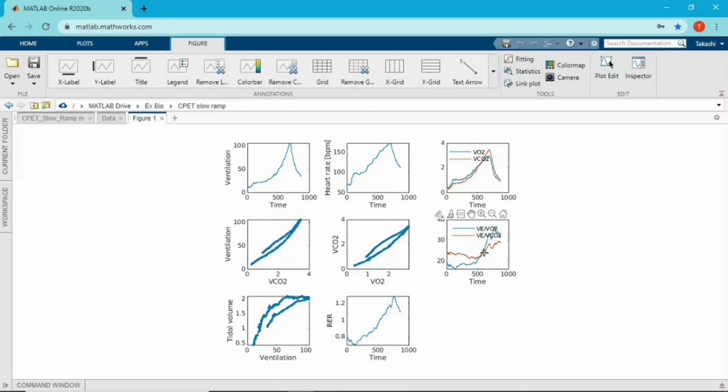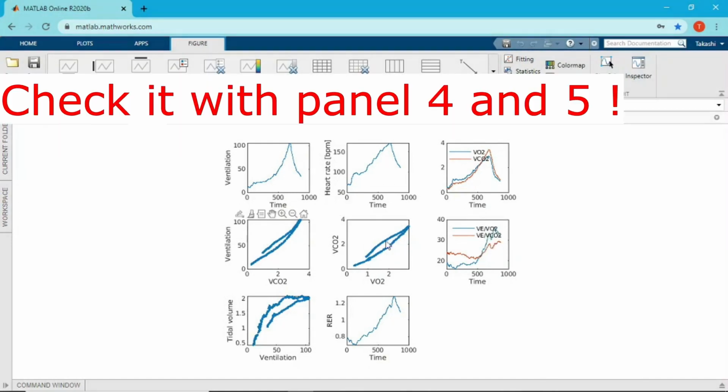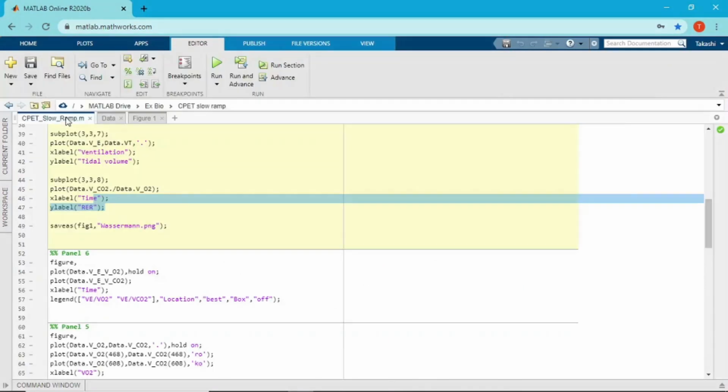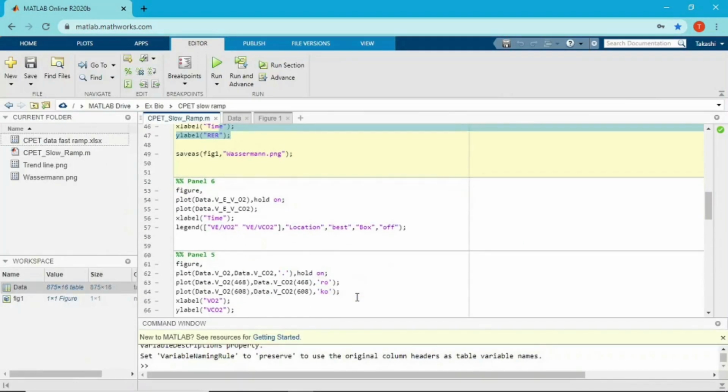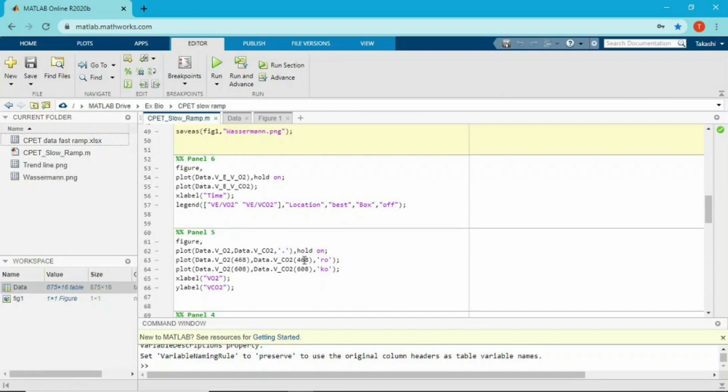And you check the x-axis again, and you check the point with panel number 5 and 6. I already did it, so I already have the data points, which are 468 for the BT1 and 608 for the BT2.